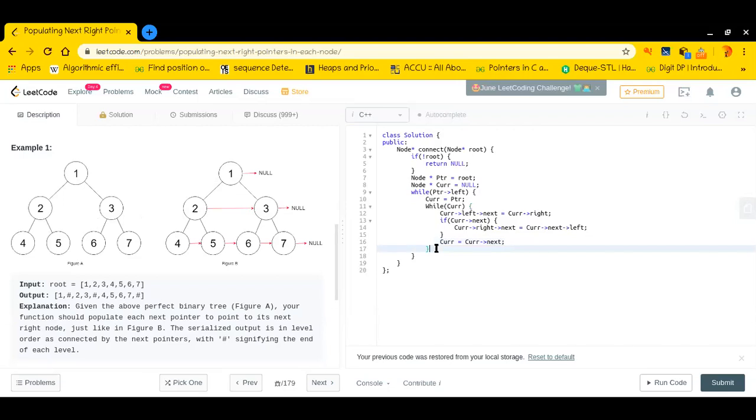So now I have moved to the next node, and after finishing the job for this particular layer, whenever cur encounters a null node while traversing, it will say that, hey, I have just visited all the nodes in this particular layer. Now I am at the end point of this layer, so please move to your left. So now ptr will be moved to left.